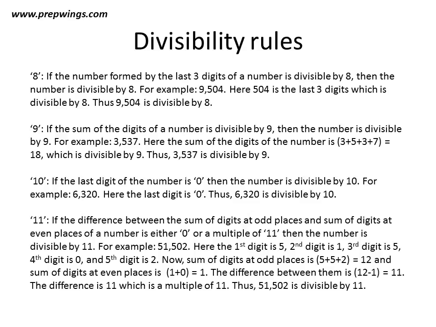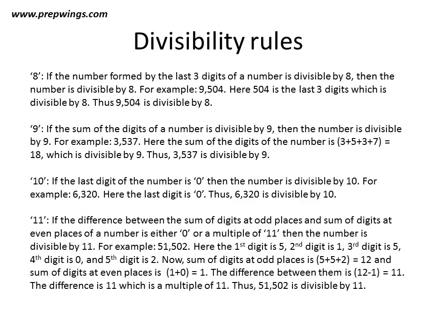What I'm trying to say is the difference between the sum of digits at odd places and sum of digits at even places. So we have to find basically the sum of digits at odd places, then the sum of digits at even places, and we have to subtract them. And if that subtraction result comes to be 0 or a multiple of 11, then that number is divisible by 11. For example, the number shown over here is